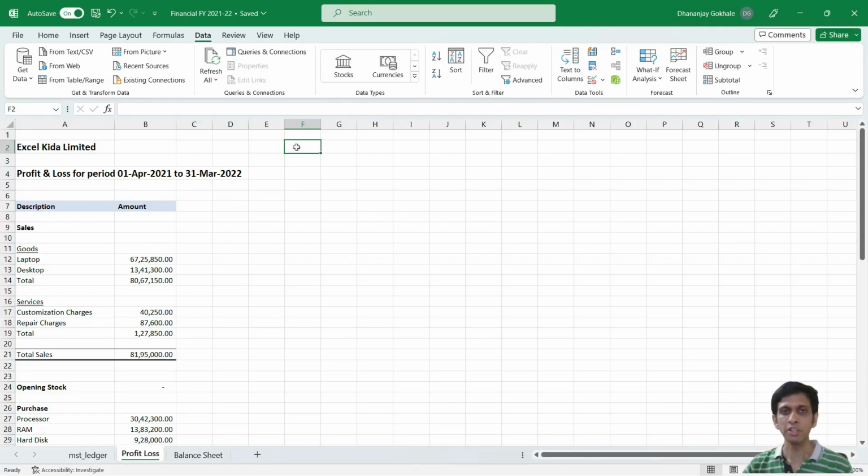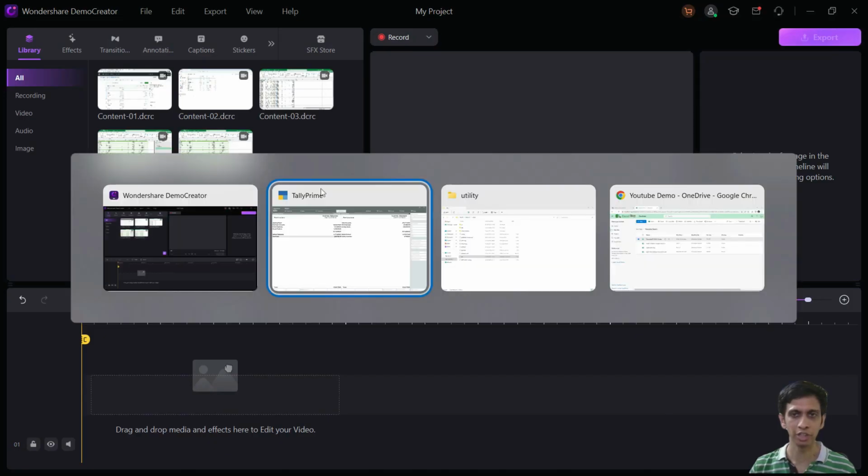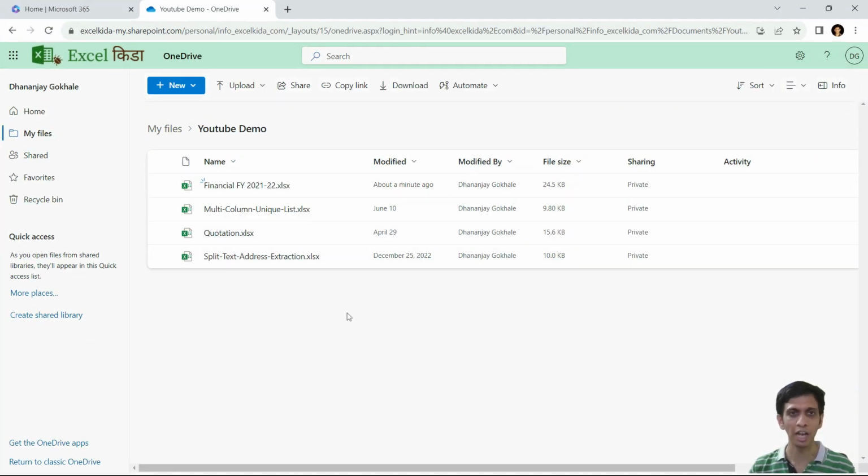Okay friends, now let me show you one beauty of this approach. As you know, you can press refresh all and refresh this file. And since I placed this file on my OneDrive with autosave on, as soon as I press refresh all, this file automatically gets synchronized to cloud. So let's say if I close this file and I'm not in my office, and I want to access whatever latest changes I have done, so maybe from my cell phone or iPad,